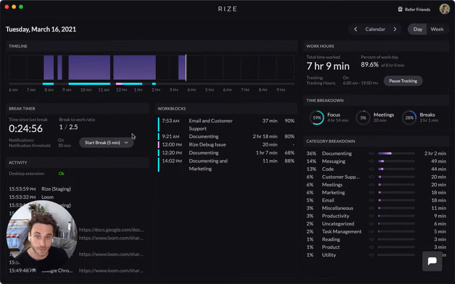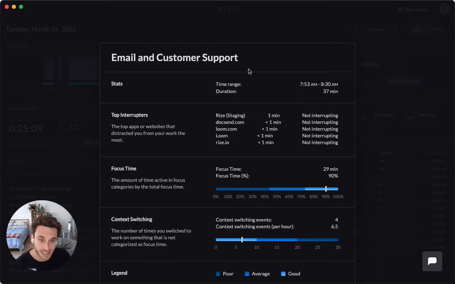Breaks will also not be shown on the timeline. So you can see these gaps in my timeline. That's when I was taking breaks today. With each focus work block and meeting work block, they're listed here. You can actually click in and you can see the different stats for your day, which apps or websites were